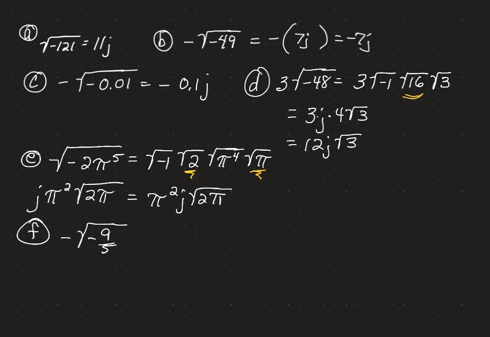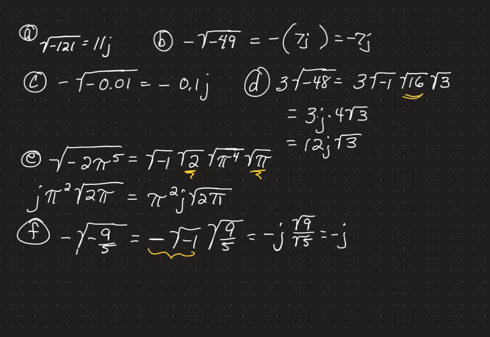Okay, negative square root of negative 9/5 equals. We have the negative out there. Then we have a negative 1, and it's multiplied by the square root of 9/5. Okay, and you know what? That's looking kind of strange here. Let's go ahead and make this a negative j, and then deal with everything else. The square root of 9/5 is the same thing as the square root of 9 over the square root of 5. And the reason I'm breaking it up that way is, look, we have